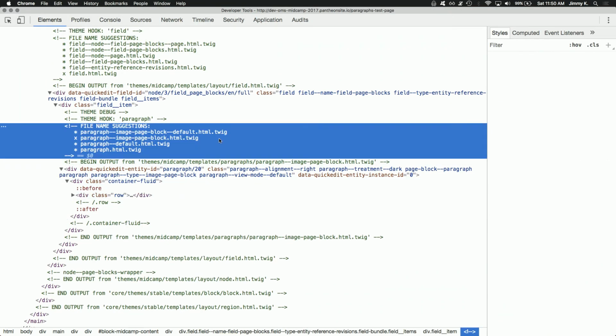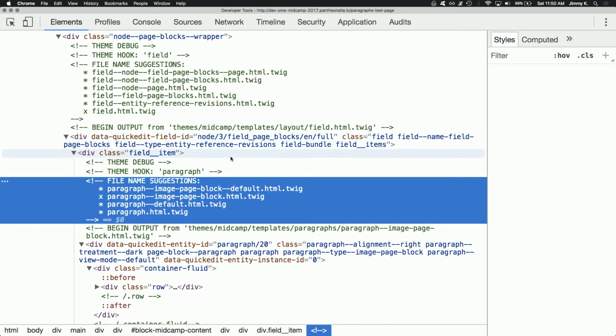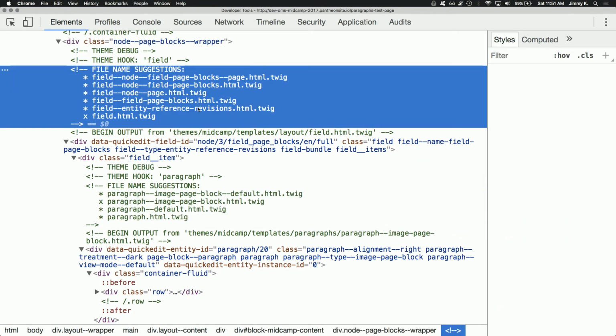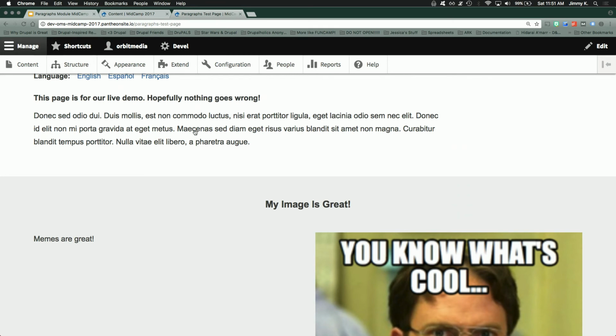Cool. So Paragraphs has a lot of file name suggestions. What you can have is you can say, okay, for all paragraphs, use this Twig file. For image page block paragraphs, which is a paragraph type that we created, use this file. And if there were even more modifiers to it, you could add more files for it as well. And it also works with a field. So right here, field node field page blocks, you can modify that field as a whole as well. So the way that we're using that,